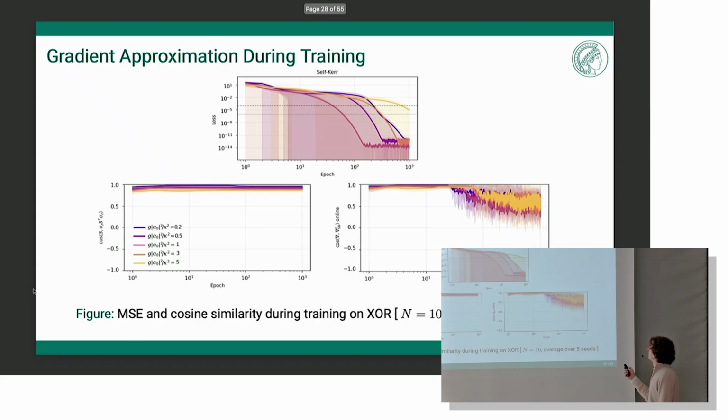Okay, this is just a slide to show how the gradient approximation works during training. So this is the angle between these two. Actually, it's the cosine similarity, so one is good, between these two matrices. This instead is the cosine similarity between the true and the approximated gradient. And you see that basically this is super good. And here it kind of degrades, but the gradient is 0 there, so that's why. Okay.